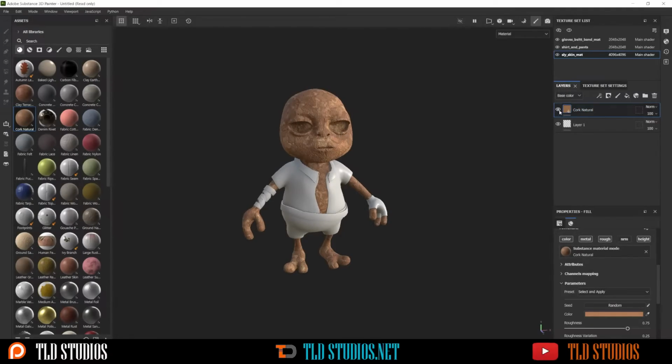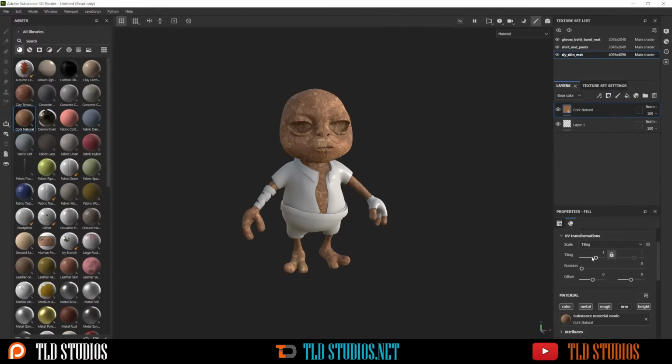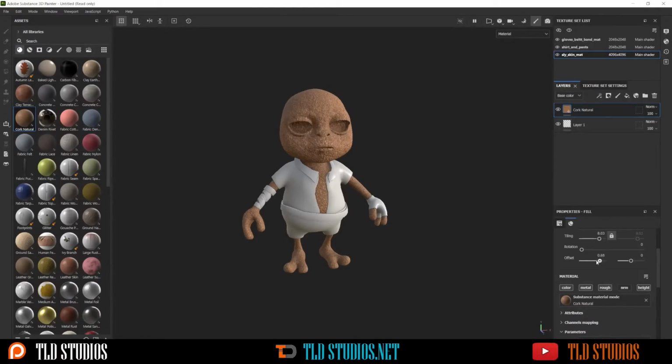And to the right, we see the layers. It has an eyeball, which we can toggle on or off, but as well we have just one layer by itself. If we select this layer, in the bottom property section we can manipulate this. So you can middle mouse scroll up or down in this section to see various options. One of the first is scaling. So if you want to tile this, you can tile this to maximize it or lower it if you wish,